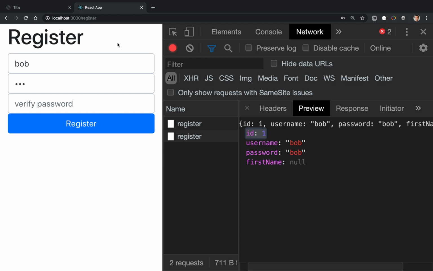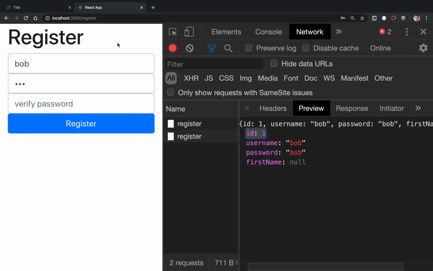All right, so here we have the registration page. We've successfully integrated with the server and the database to add users to a users table that was successfully registered. So what we'd like to be able to do is, once we have successfully registered, maybe navigate to a profile screen, and that profile screen might be able to tell us who